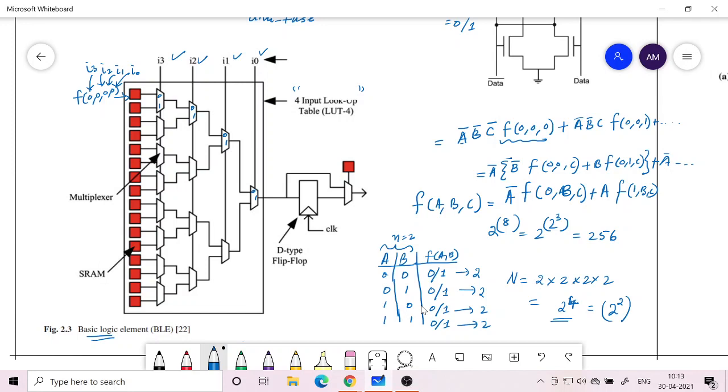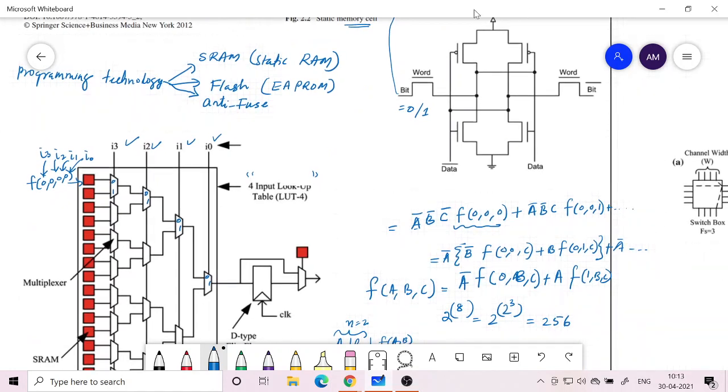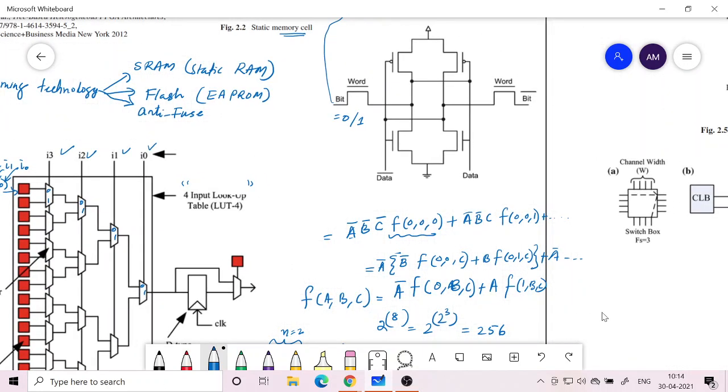So you need to give zeros and ones here, and from where do we give that? We give that from the output of this SRAM cell. So this is one way, or you could do it from flash memory, which is an alternate way, or you could have a permanent connection to power supply or ground by using anti-fuse technology. Any of these technologies you can use for programming, but the preferable approach is that you are able to program an enormous number of times, so that the same hardware remains useful over a larger period of time, a larger lifetime. That is why SRAM technology is most preferred.